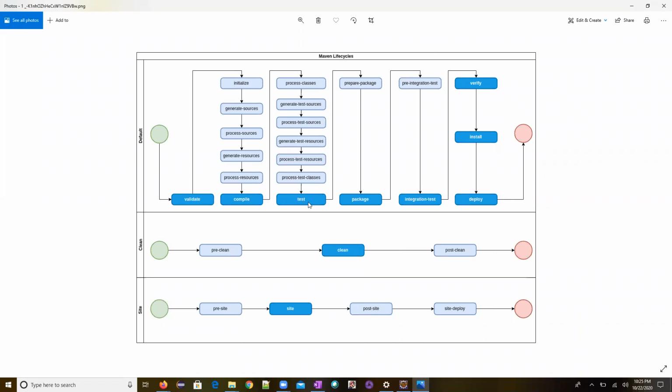If you're calling this particular phase, internally it will call, but if you're not defining anything, then it will not do anything. See, remember one thing, every phase will have a goal. Goal is nothing but it's a task. Task is nothing but, I asked,